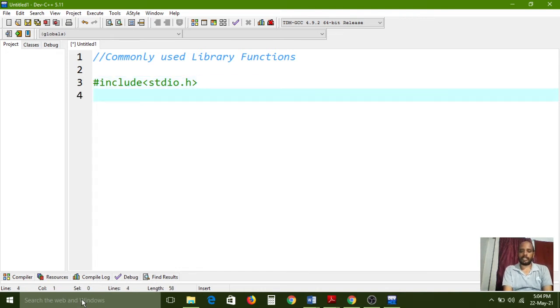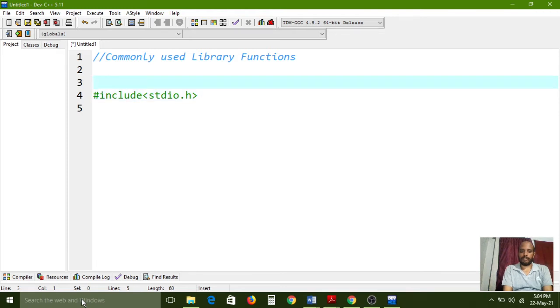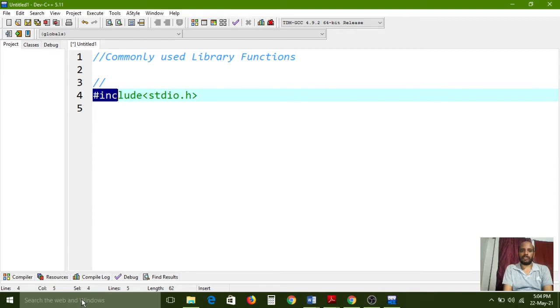Here hash include stdio.h is a predefined library. I am explaining about this hash include stdio.h. First of all, what is hash include?